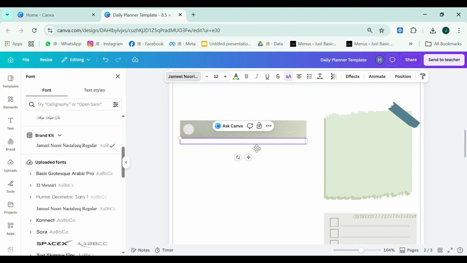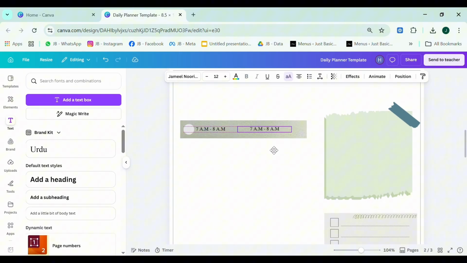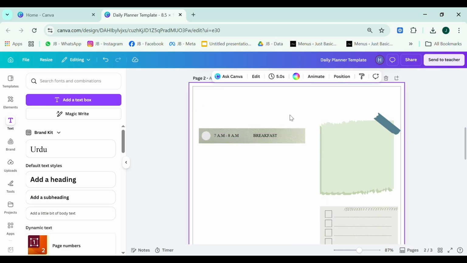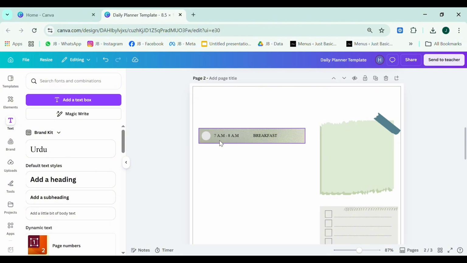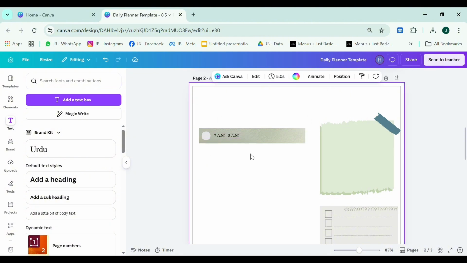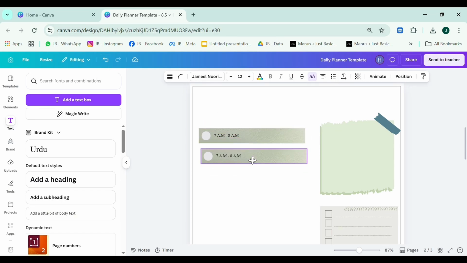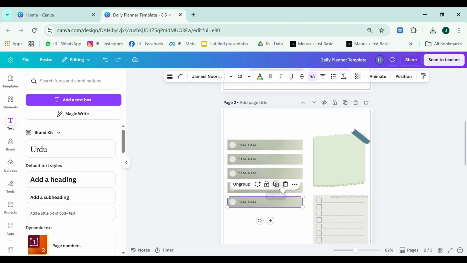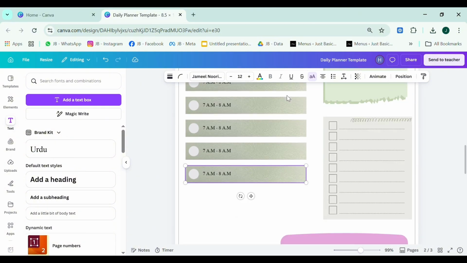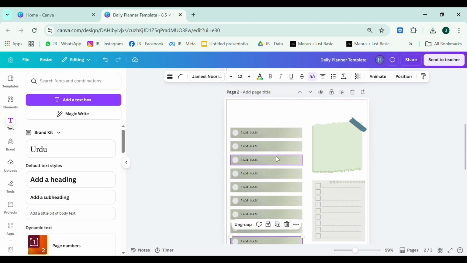I'm going to add in the time, because we're creating a schedule here. So I'm going to start my day from 7 a.m. to 8 a.m. So here I'm going to write that time, and you can just leave it as it is for the people to use, or you can just leave it blank. That's up to you. And after that I'm just going to duplicate it, because we've changed the color to our theme as well. So I'm just going to simply duplicate it here and group all the elements and duplicate it. Would be easier for you. So I'm just going to duplicate it here, and so you see we are making a schedule right now. And now after that we're going to head towards our